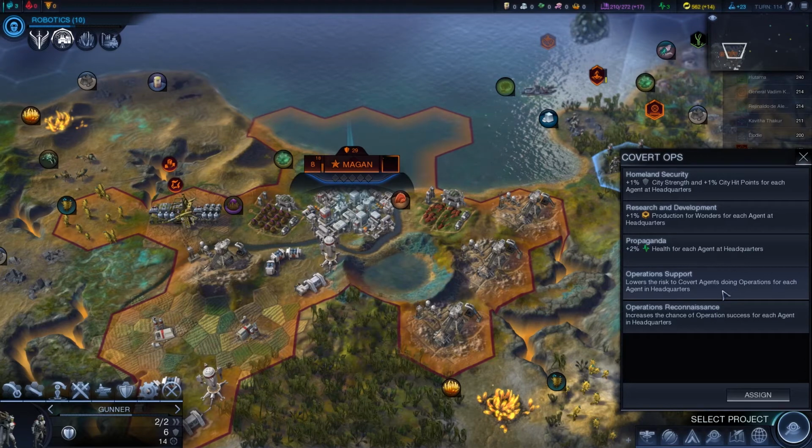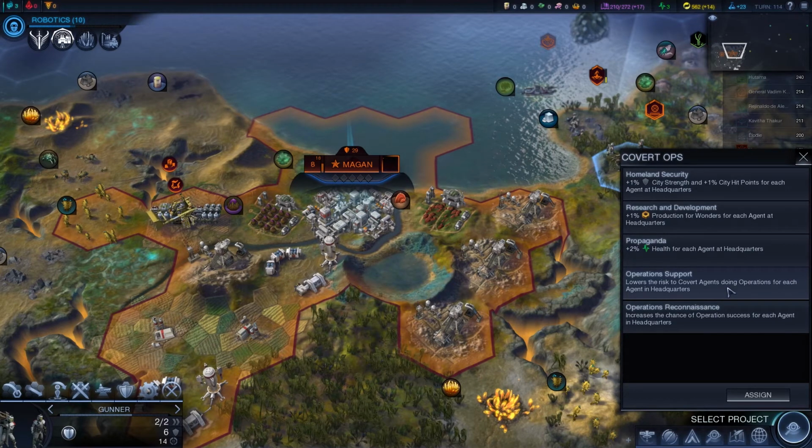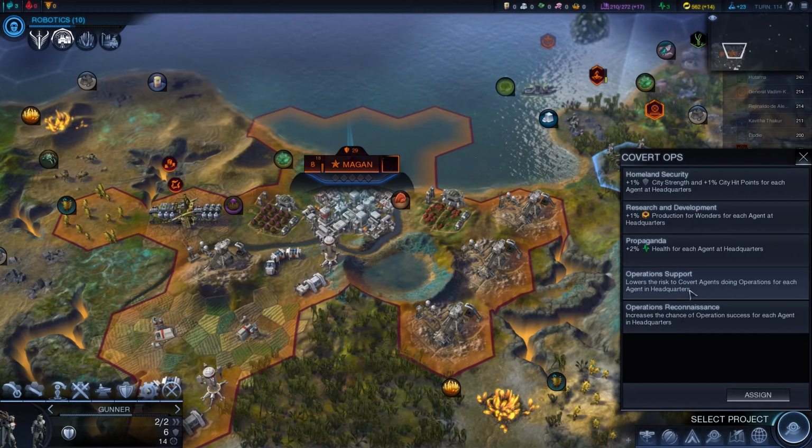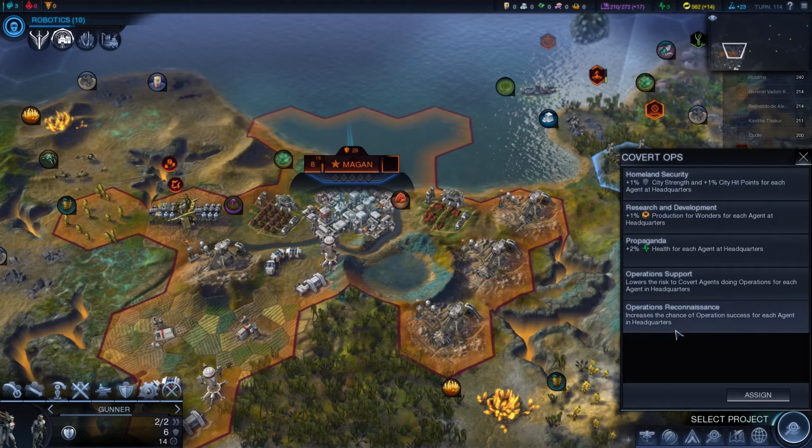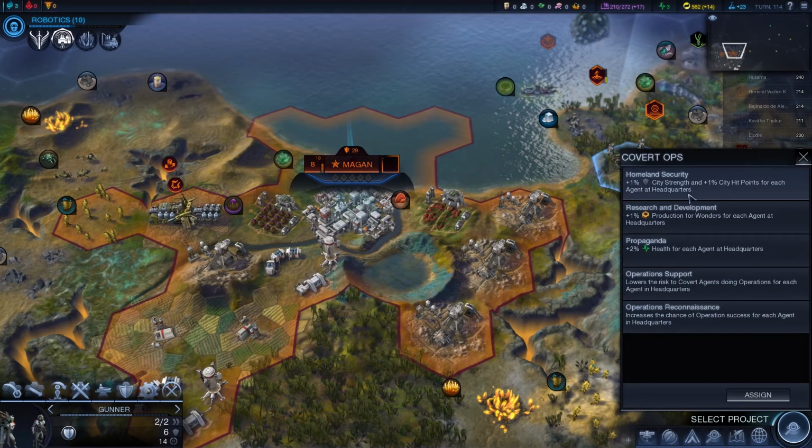So basically, operation support makes it less likely that one of your spies is going to get detected in somebody else's city. And operations reconnaissance increases the chance of operation success. So we get to choose which one of these things we want it on. I think lowering the risk to agents a bit...